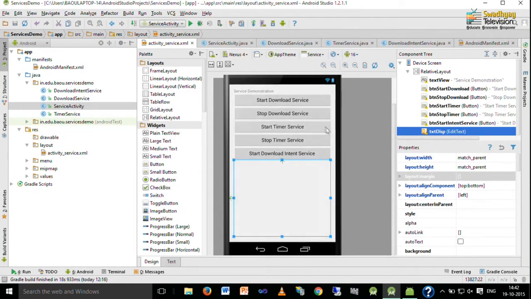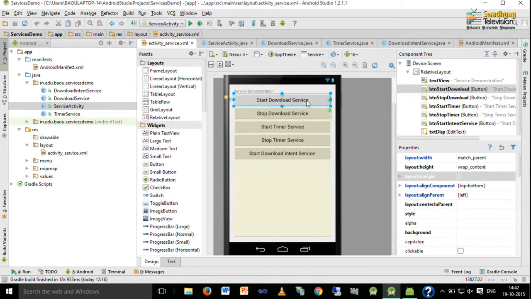Here you can see that we have buttons available on the layout. First is start download service, which downloads your text file, and stop download service will stop that service.